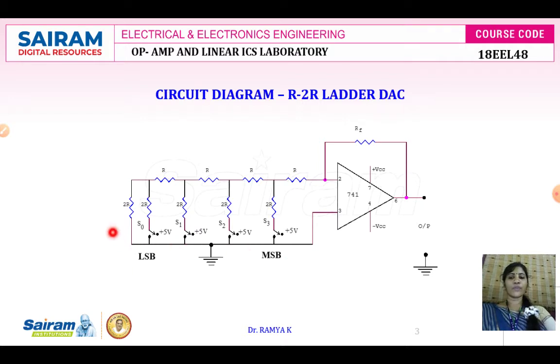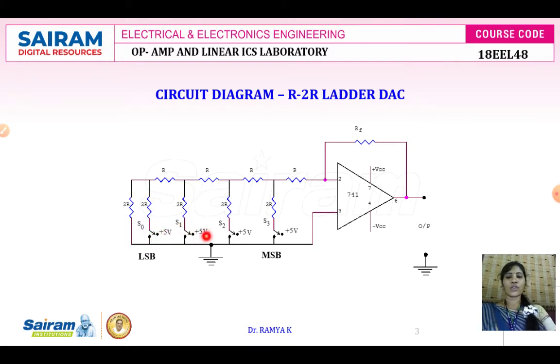The circuit diagram for the R2R ladder network for converting the digital value to an analog value is shown over here. You can see here, this is R2R. If it is exactly an R2R ladder network we need to connect 2K, but the standard value of 2K resistance is not available. So we are going to use 1K here, 2.2K here, 1K, 2.2K, like this you can use.